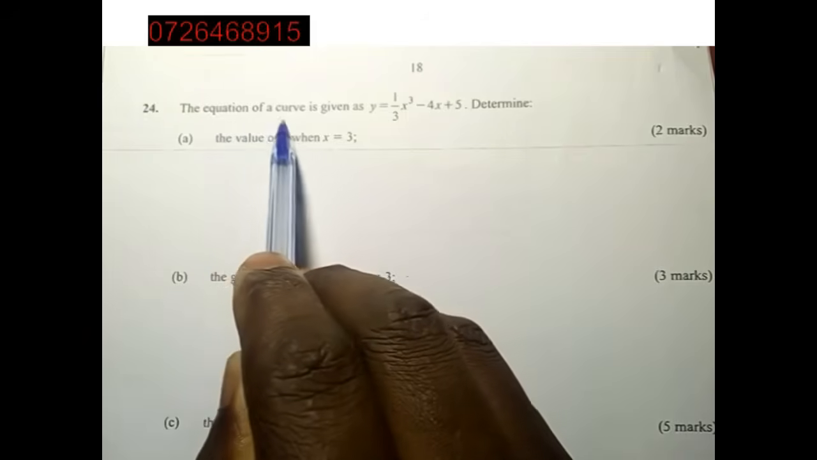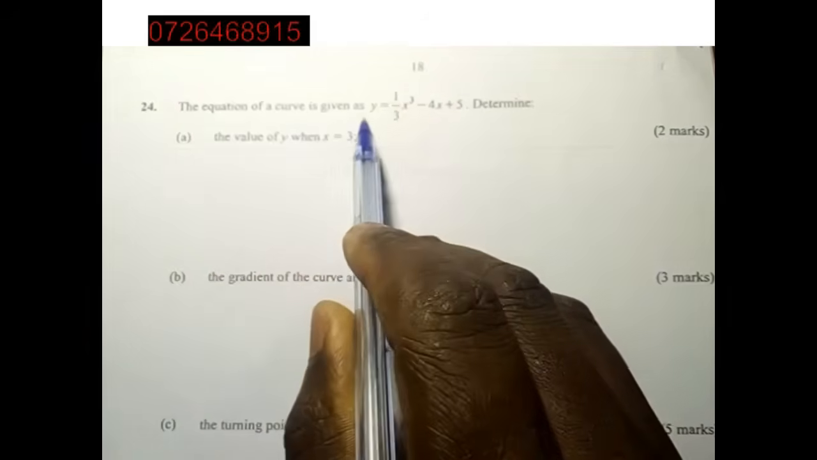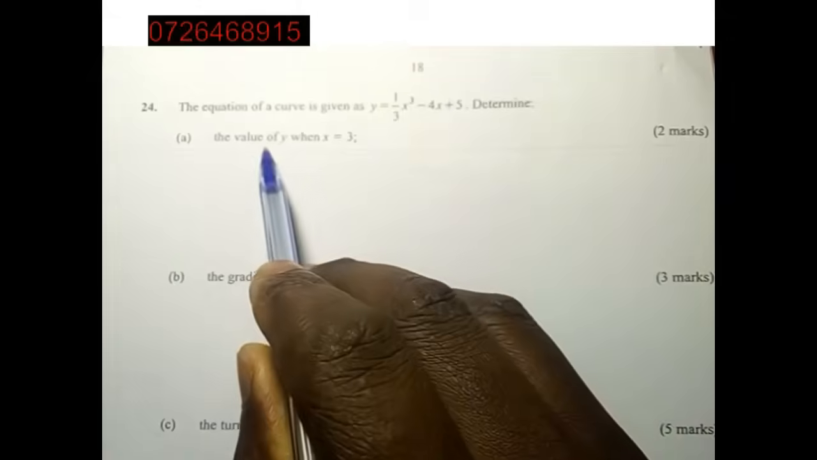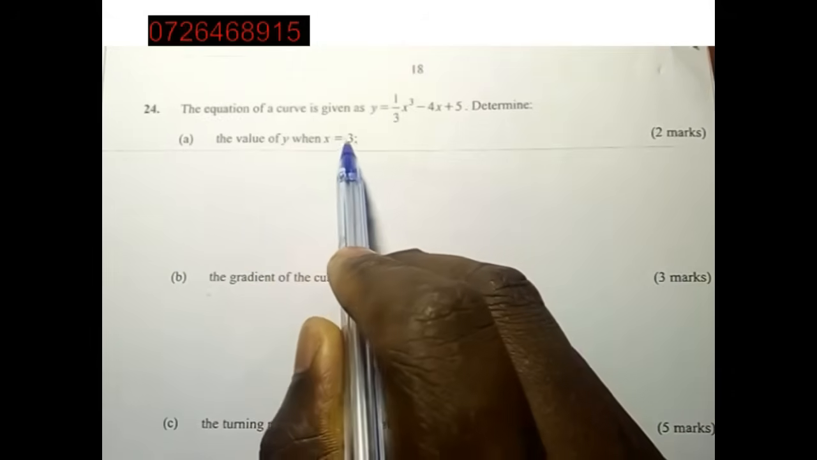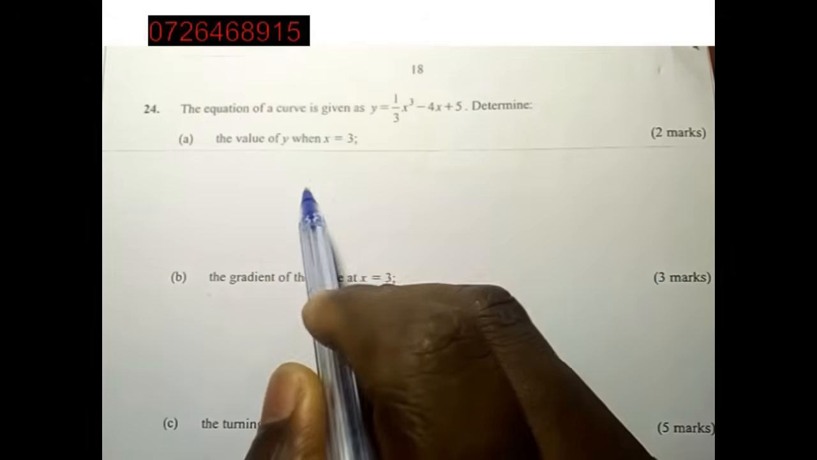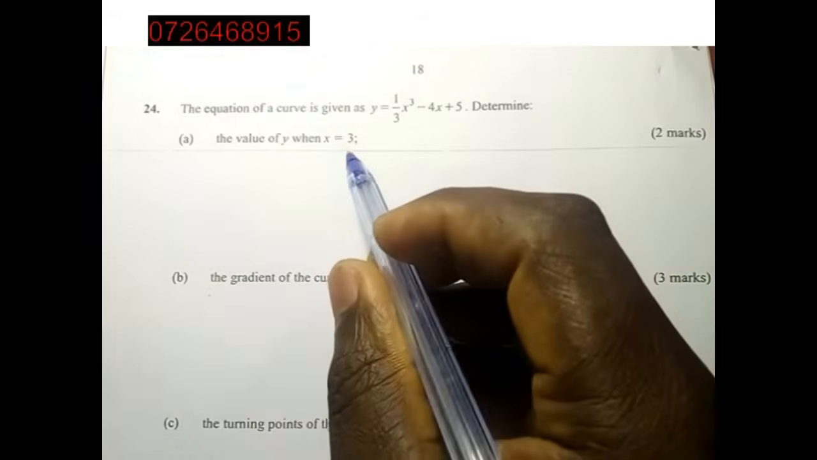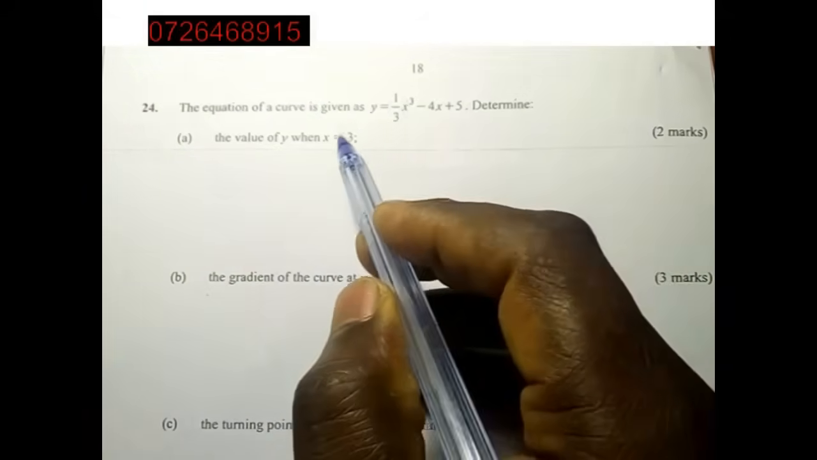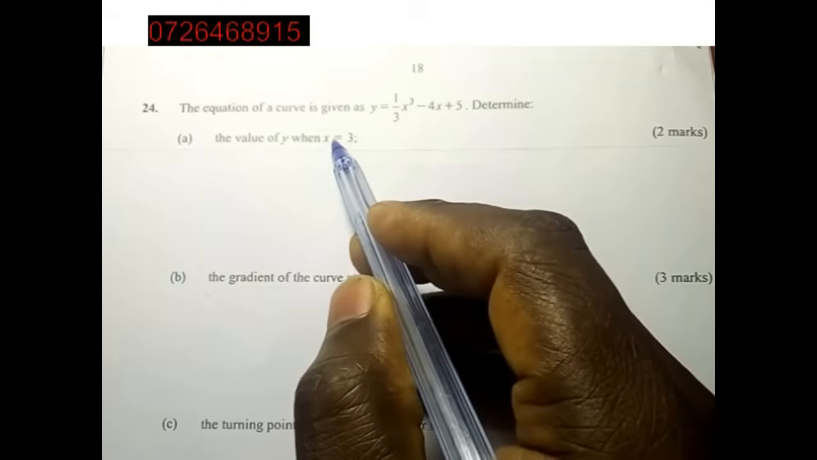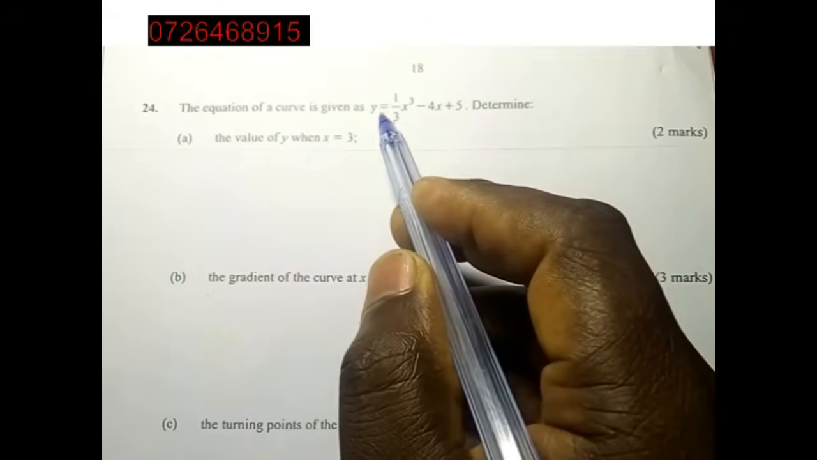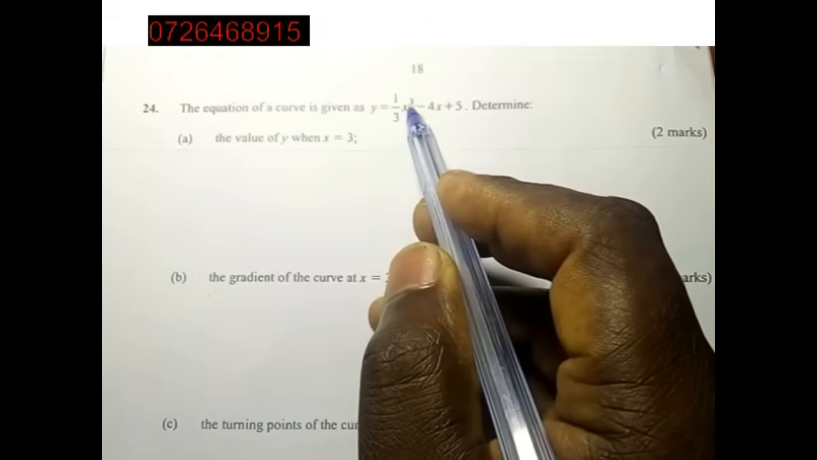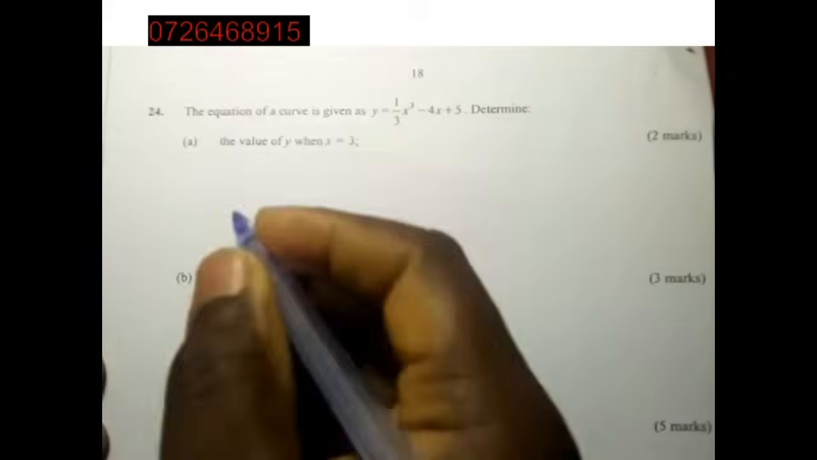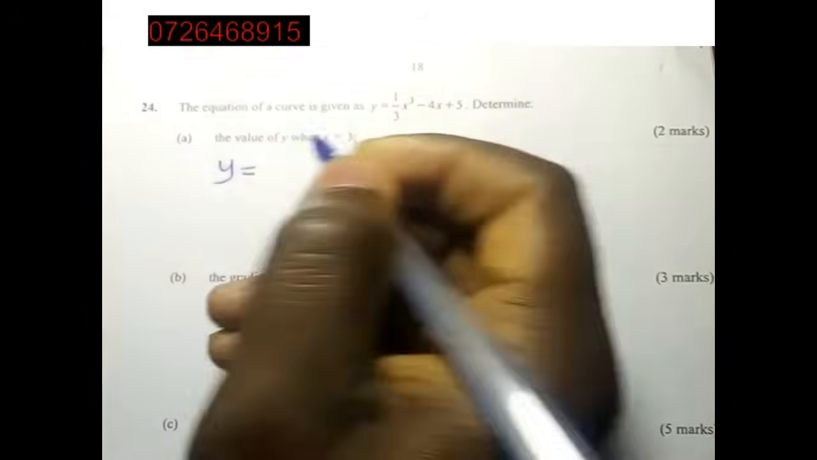Equation of the curve is given by y is equal 1/3 x cubed, like that. Determine the value of y when x is 3. Sasa hapa kitu nafanya ni kusubstitute. Mahali kwa hii equation unaona x unaweka 3. So you substitute 3 everywhere in this equation where you see there is a value of x, you put 3 instead of the x. So y is equal to